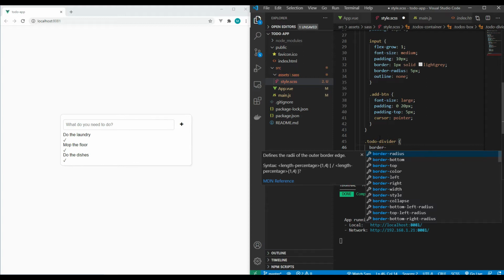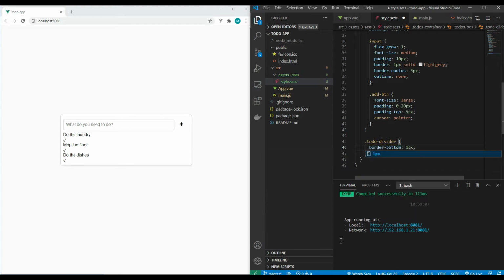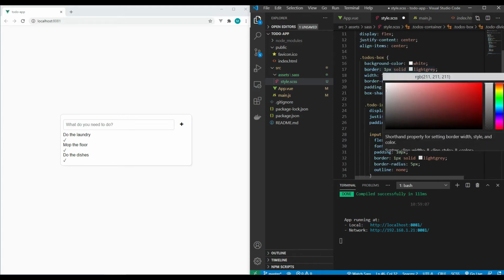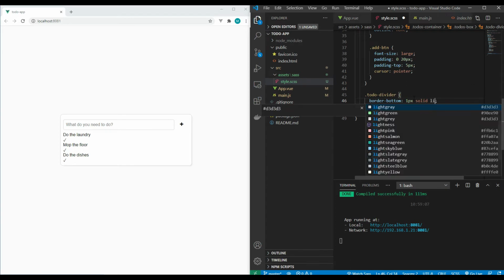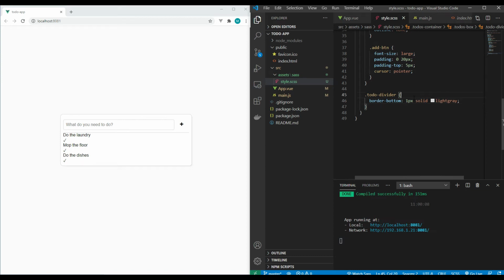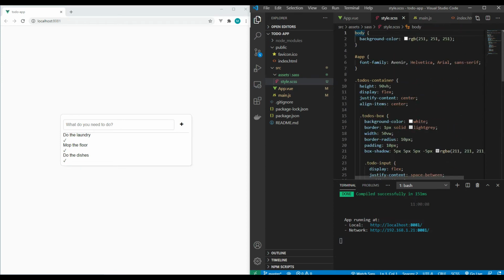Border bottom, 1 pixel, solid, and it would be the same color as the box, for example, light gray. And actually, at this point, it would be nice to have some